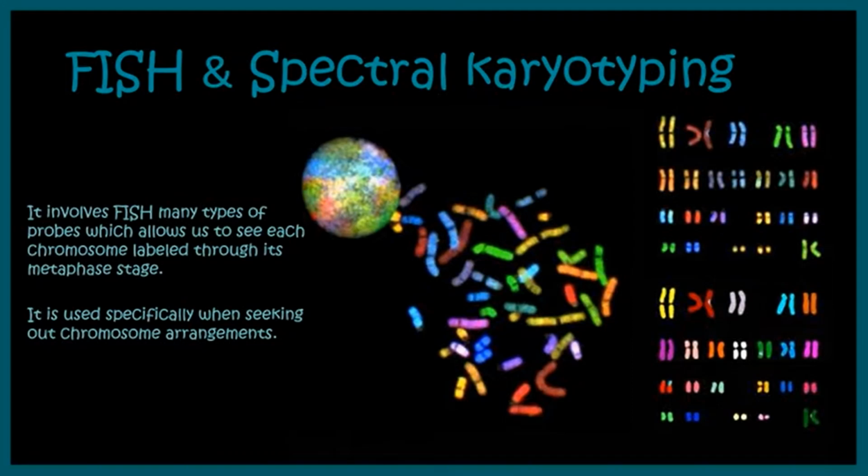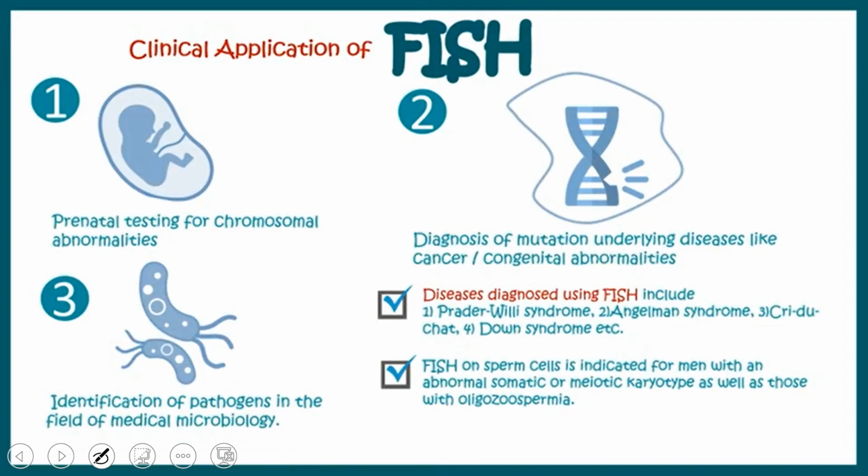There we are going to see the banding pattern of the cells, and the places of the centromere. That means you need to picturize, to visualize the chromosomes. So there we can use FISH, or different types of probes can be used. So FISH helps us in the karyotyping process also.